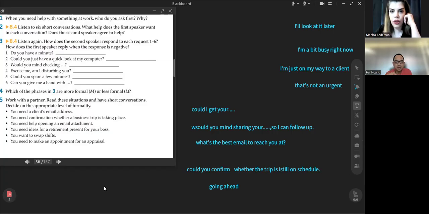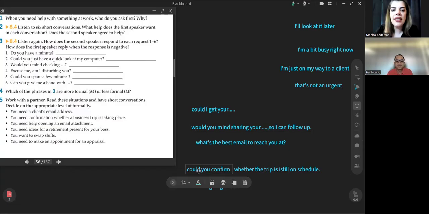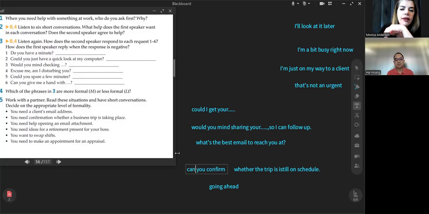Would is less formal than could. No, could and would are the same. If I change it to can, this one is less formal. Could, would, both are formal, of course. Could and would are the same.